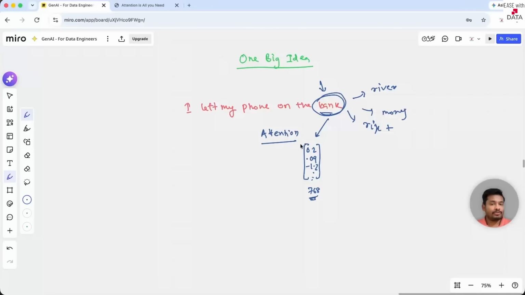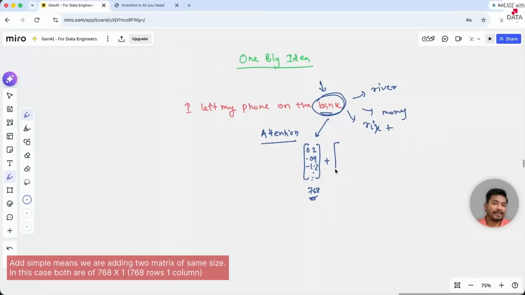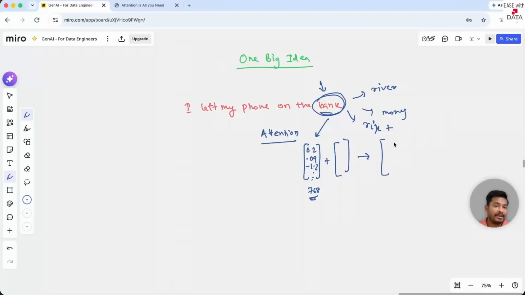In order to enrich this with the meaning of river, we have to add some values to it, and then it would point to an embedding which points towards river. Let's consider this in a 3D plane. If this is my 3D plane, this is y, this is x, and this is z. Consider this is your bank on the 3D plane. This is the embedding representing bank. Now, if this is the embedding for river bank,